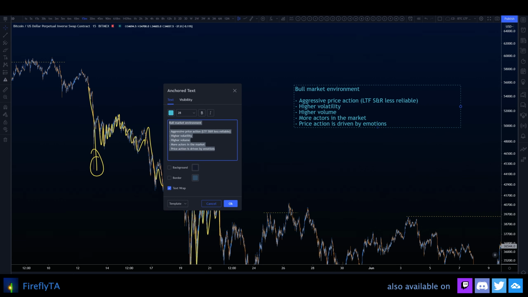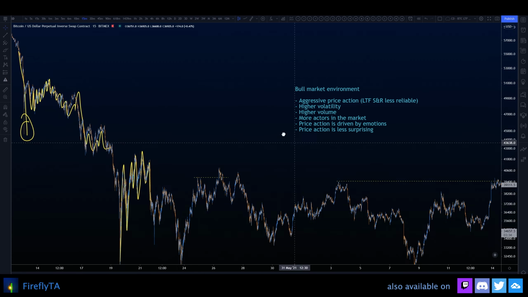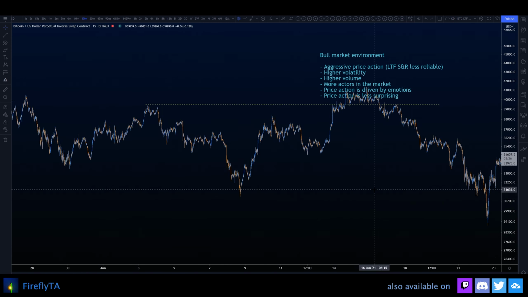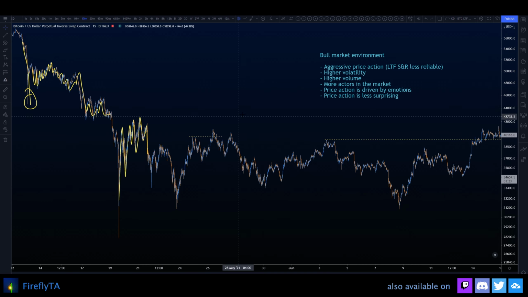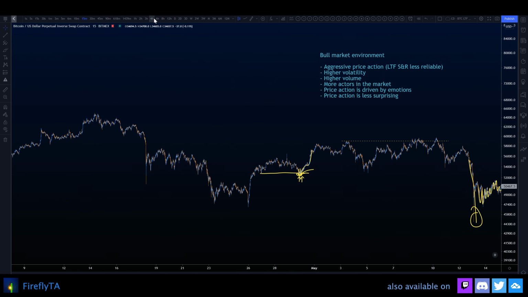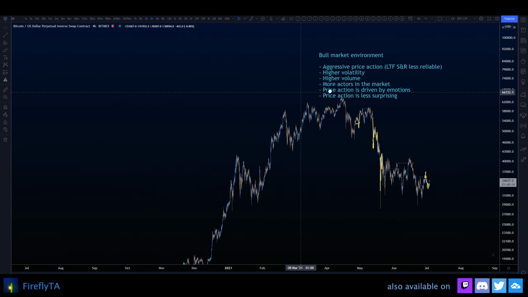But we have another point. Price action is less surprising. And this is very important to understand because of the high volume in the market and the many people that are involved. Price action becomes very predictable. You have this high volatility on the lower time frames, but when you look at the medium time frames, for example,